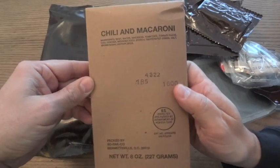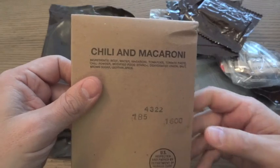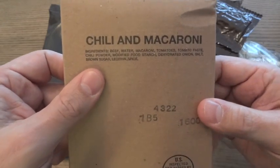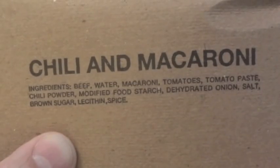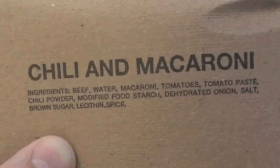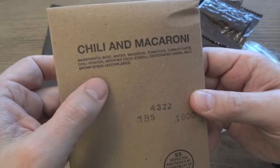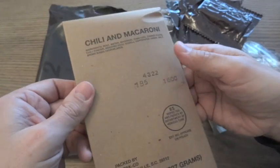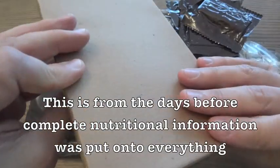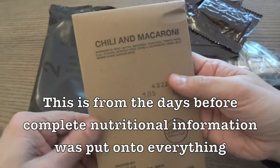So here we go. Here's the chili and macaroni. I gotta compare these ingredients to the ones in the 2011 one because look at how many ingredients there are. There's just a few. Beef, water, macaroni, tomatoes, tomato paste, chili powder, modified food starch, dehydrated onion, salt, brown sugar, lecithin, and spice. Sounds pretty natural. Sounds more or less like something you'd have on a recipe for making your own chili and macaroni. I don't know if they left some stuff out just because they figured no one really needed to know that,